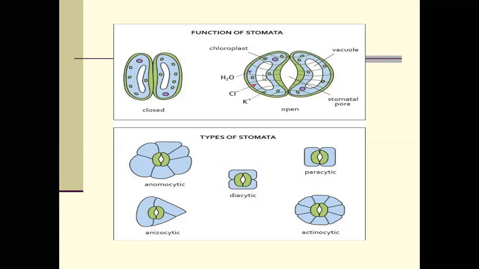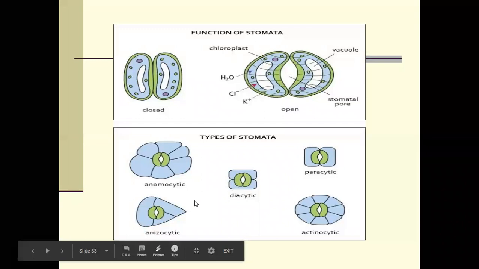The guard cells are bean shaped in dicotyledons. The guard cells are dumbbell shaped in monocotyledons. The guard cells show closing and opening movement. With the help of this closing and opening movement, gas is easily exchanged from the environment to the mesophyll and from the mesophyll to the environment. Based on the subsidiary cells, only in dicotyledons, the stomata are